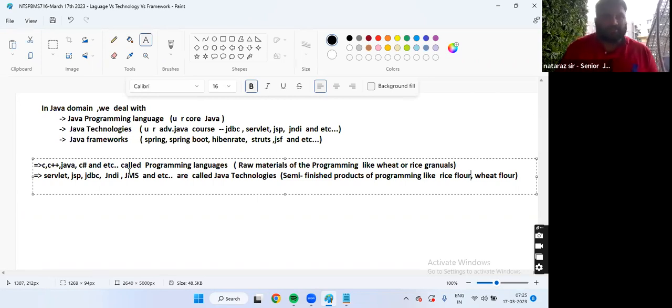Everything we should take care of. We should wash them. We should take them to a mill. We should mill them. Then the cover will go off. Then we should polish them. Then we have to cook them. Then they become eatable, right, boss? But if you go for rice flour or wheat flour, it's quite easy to cook and eat them, na boss?